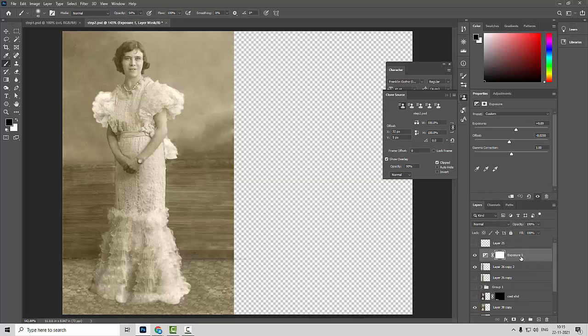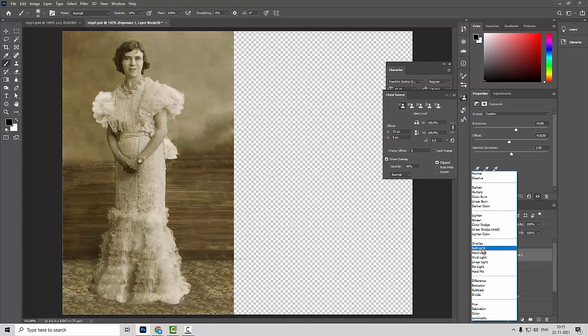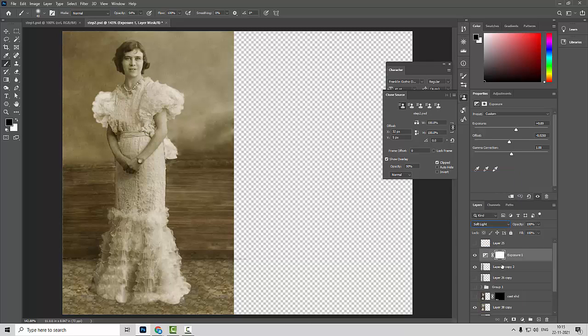If I want to merge this exposure with some kind of soft light, you can see normal still looks very odd, and soft light is giving me some kind of naturality. So I'll use the soft light here, and press Ctrl Alt G to only affect,